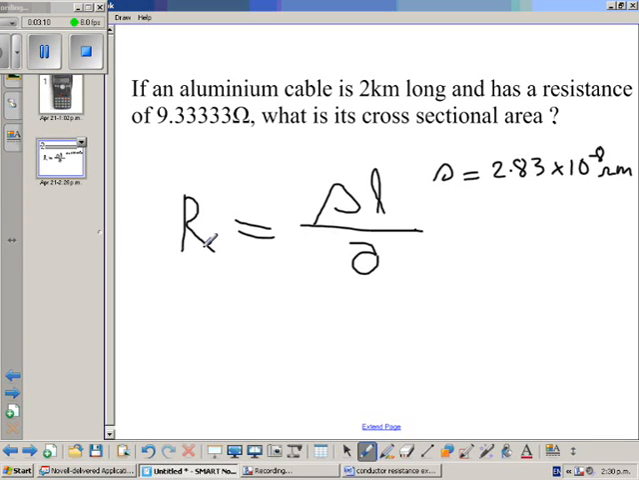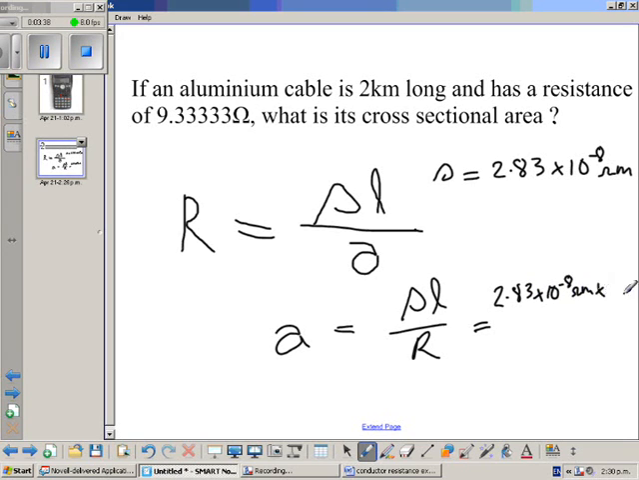If resistance equals rho L over A, then area will equal rho L over R. There's our new formula. The cross-sectional area of the cable equals rho L divided by its resistance. Then we put our numbers in. Rho is 2.83 by 10 to the negative 8 ohm meters times its length, which is 2,000 meters. 2 kilometers is 2,000 meters, and we divide that whole thing by its resistance,